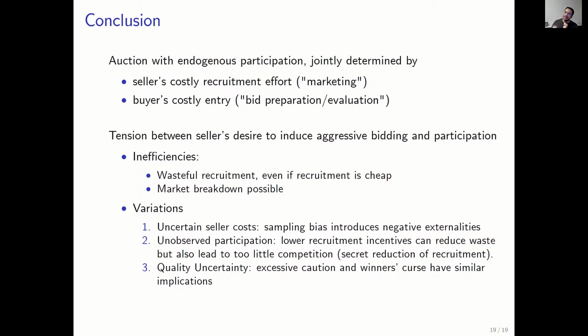So a little seed of competition, you're saying, something like that. Yeah, that would be interesting. Actually, we have something, because we need a refinement. And the refinement we're using is that the seller has to recruit a certain number of bidders, but we'll call it epsilon, so we make it small. What you're saying is maybe it's interesting to look at a large epsilon, not just as a refinement, but actually say, suppose the seller has to recruit a certain number of bidders. So this is a little bit of commitment. The seller has a little bit of commitment, and maybe this helps already. So yeah, that could be very interesting. Thanks.